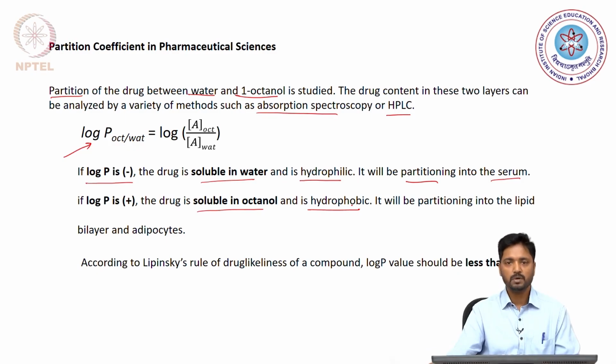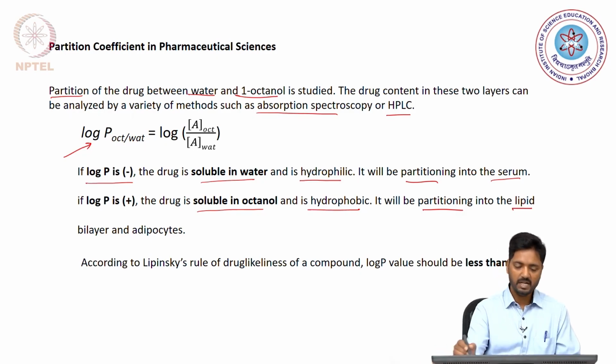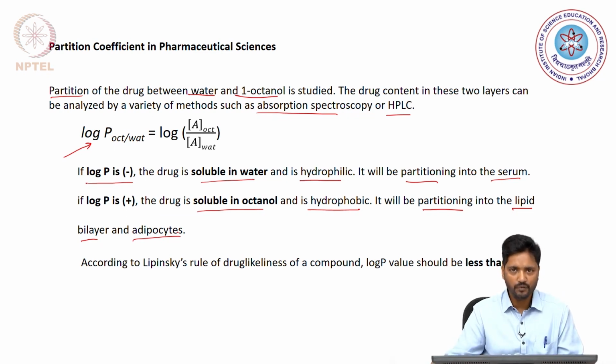And because of its hydrophobic nature, the drug would like to partition in the hydrophobic compartments such as the lipid bilayers or the adipocytes. So, people have found a very clear correlation between the log p values and how the drug partitions between the hydrophilic and the hydrophobic compartments of our body. For example, even whether the drug will pass the blood brain barrier and be